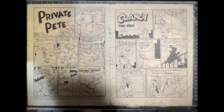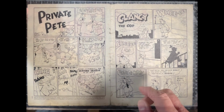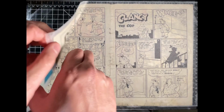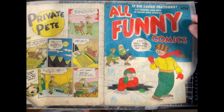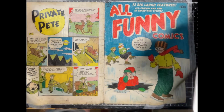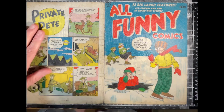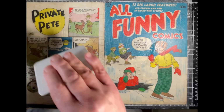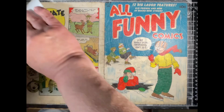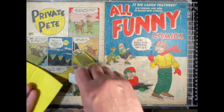And now what I'm going to do is do the other side. So I'm going to flip it around, flatten it again. Actually nice and white already. So this will take you about maybe 4 or 5 minutes to do, and then I'm gonna put it in